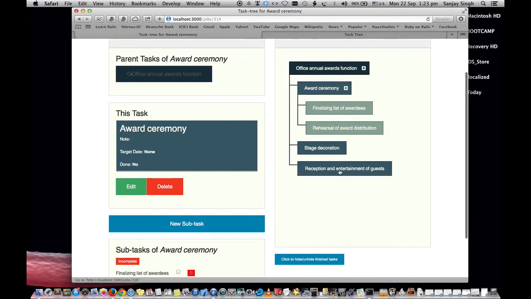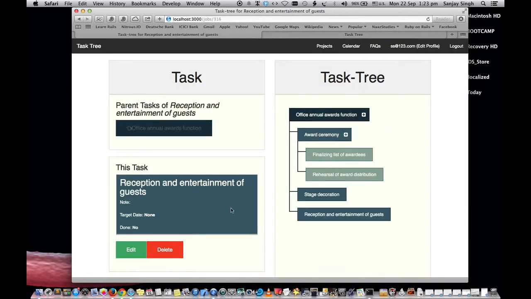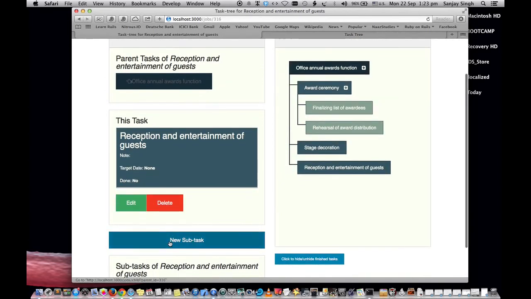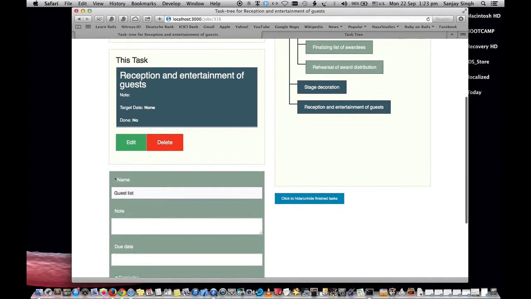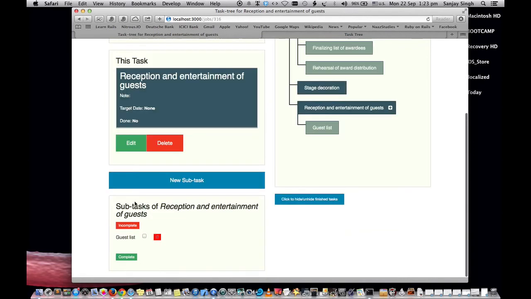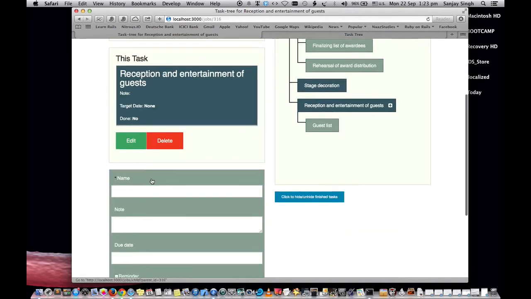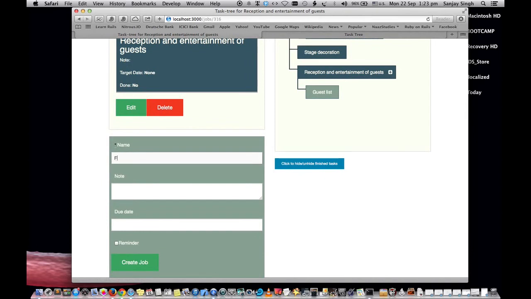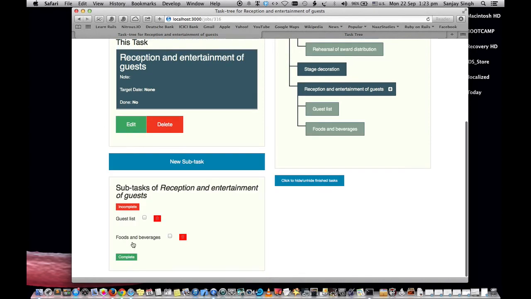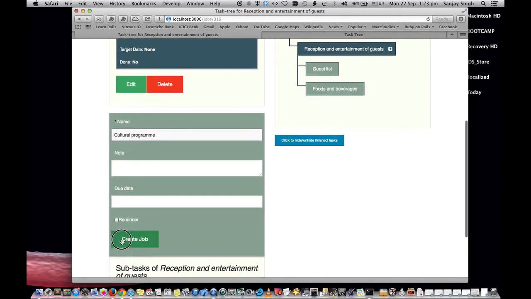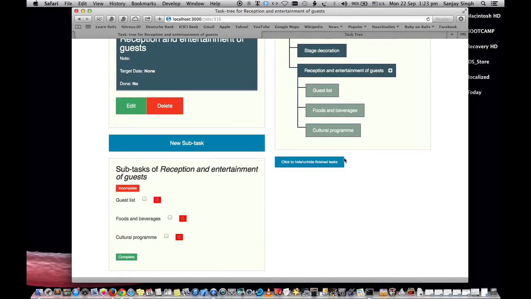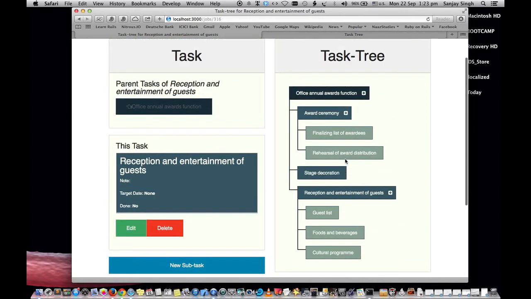Similarly, the reception and entertainment of guests would depend on, for example, the guest list, the deciding of food and beverages, and organizing a short cultural program. So as you can see, the project's tree grows as you add more and more tasks.